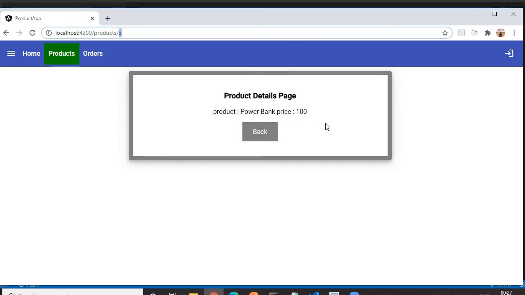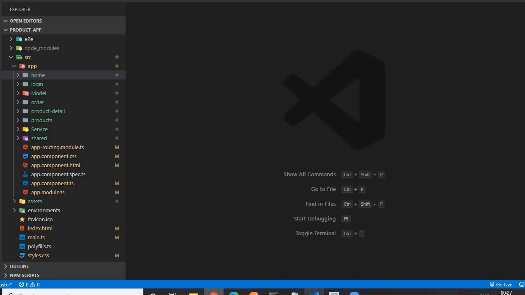So we'll see how we can configure the routing concept. If you remember, in my day 1 tutorial, while creating an Angular project, you have to use the Angular CLI command, that is ng new then project name. When we press enter, it will ask whether we need routing in our application or not, and we have selected Y because we need routing in our application.